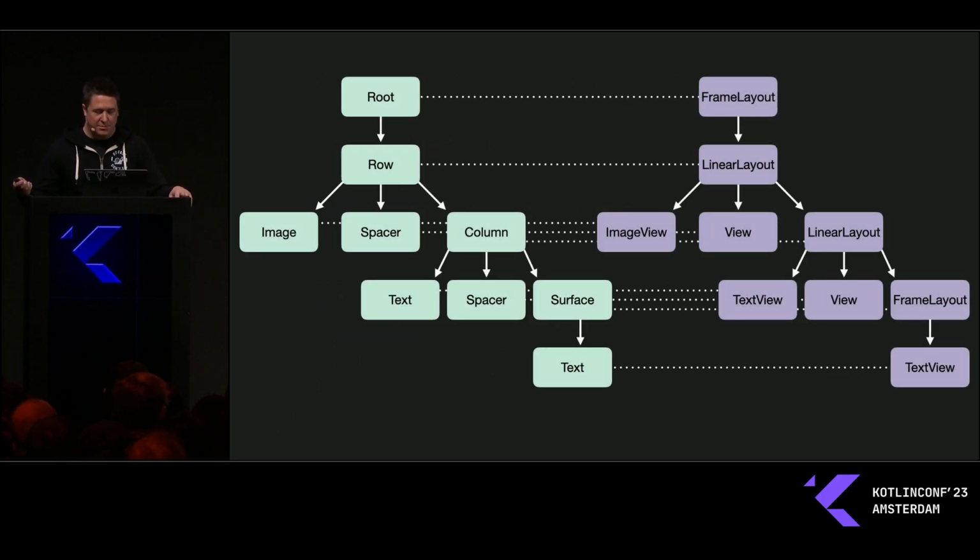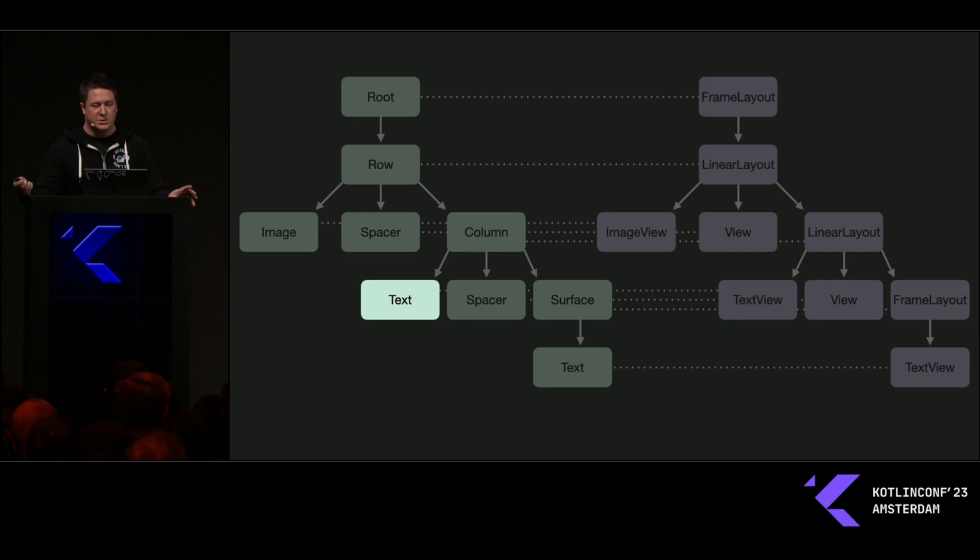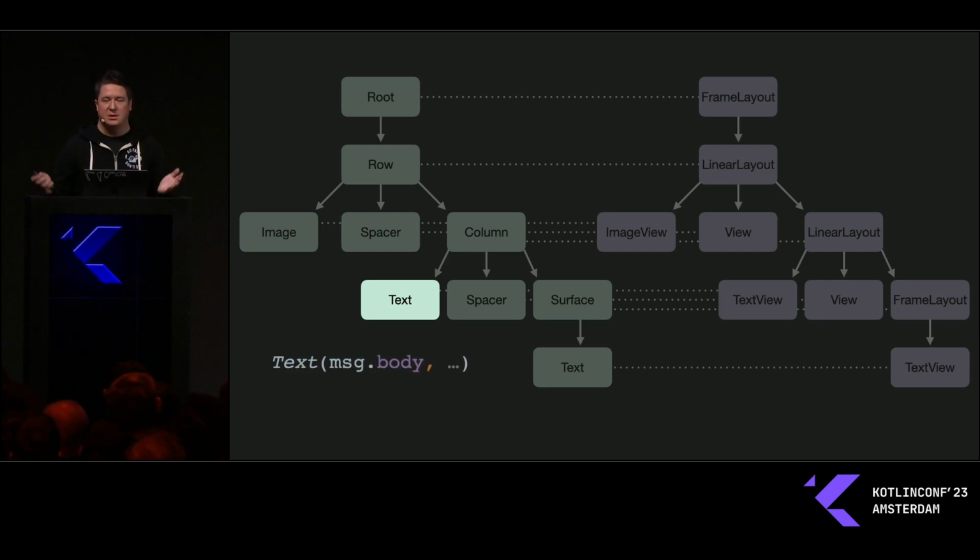Just to belabor that point, if we have this node and it's being bound to some property in some data class, and Compose recomposes and sees that the value has changed, it's going to call our text function, and in turn we will set the text property of Android's native text view. The same thing works for UIKit and HTML or whatever